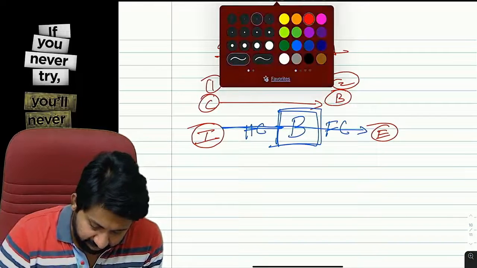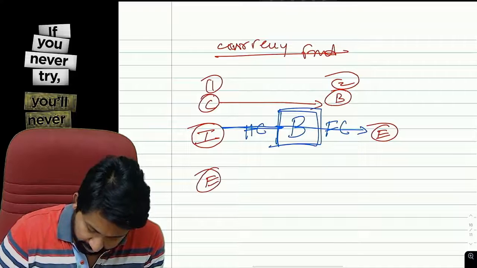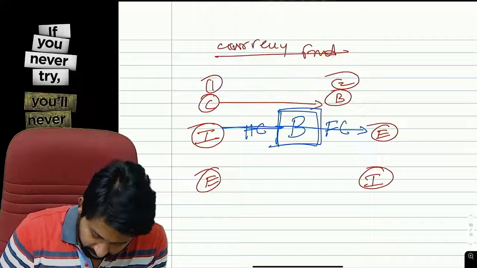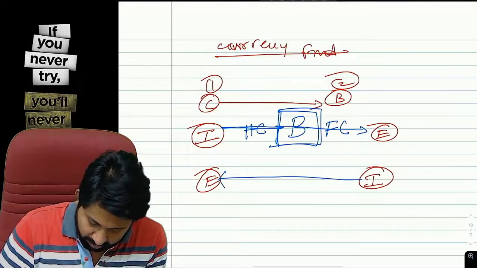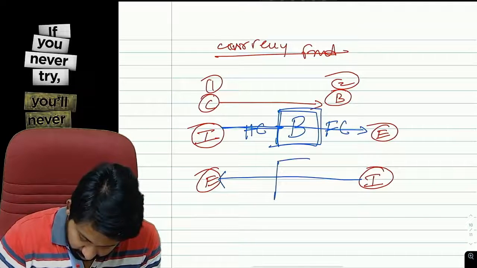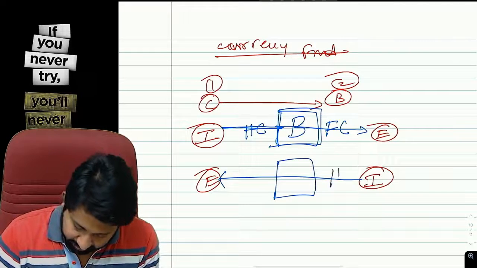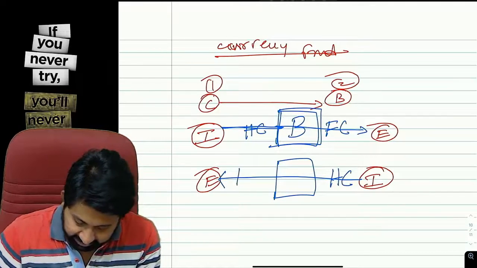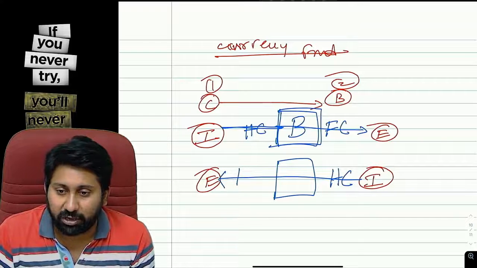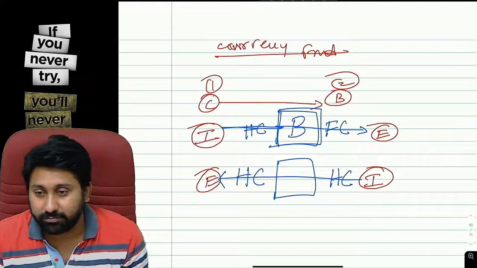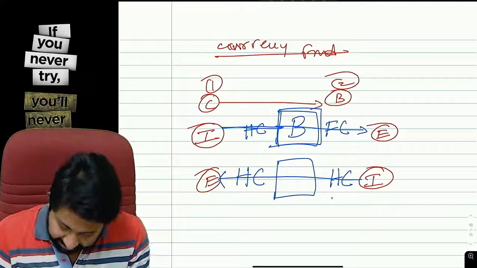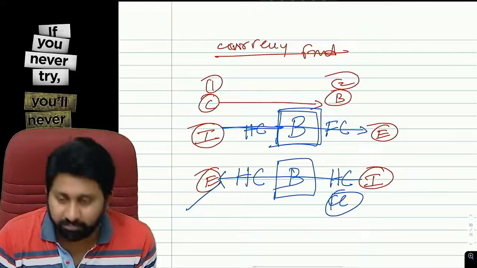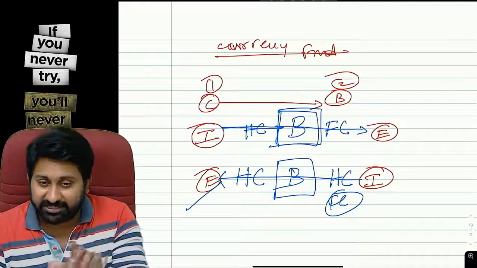In the reverse scenario, the exporter has to receive. The importer, in his home currency, will pay. Technically this is a foreign currency for the exporter, so we have to convert it into our home currency. This conversion is done by whom? The banker. If you observe this entire scenario,